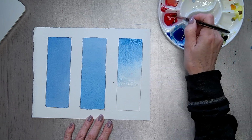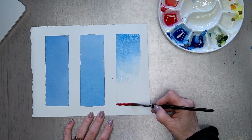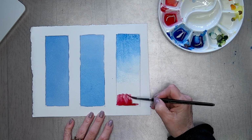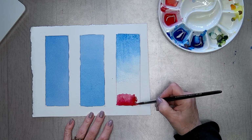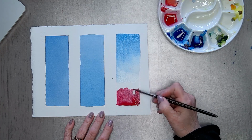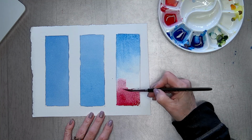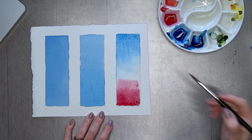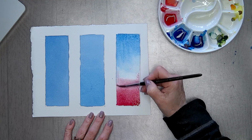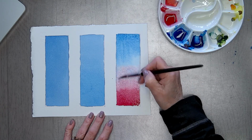Smooth that out. Now, I'm going to come over here and get the quinacridone fuchsia, and this is a gorgeous color. I love quinacridone rose, and this is somewhat similar to quinacridone rose or even quinacridone magenta, but it is beautiful. I just love it, and I can't wait to try it out in a painting. So what I'm doing again is I've rinsed out my brush, and I'm just taking a wet brush and blending